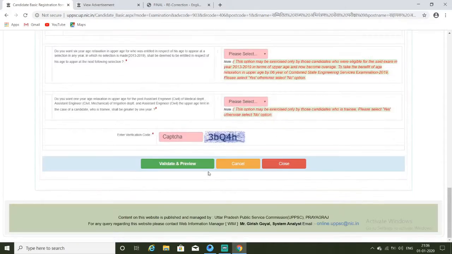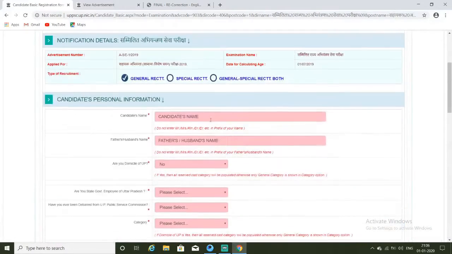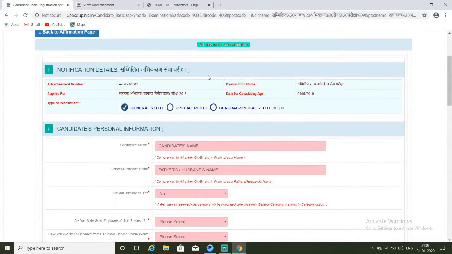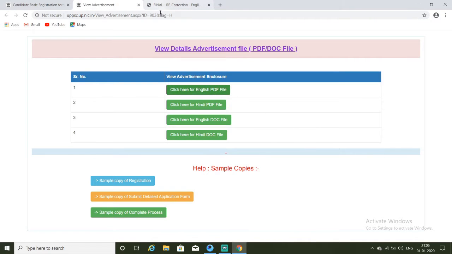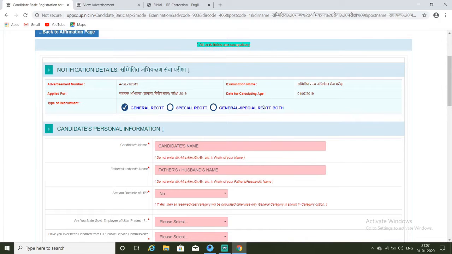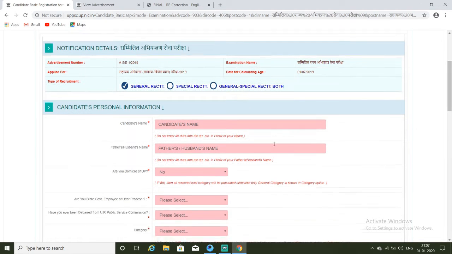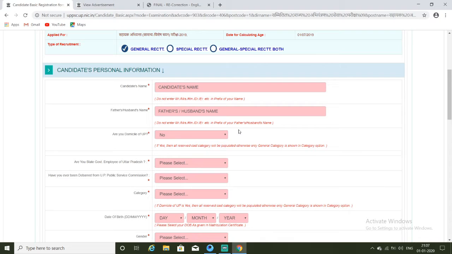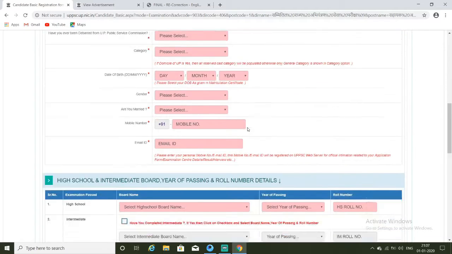After this, there will be some additional things. Then there will be a payment option. You will have to do the payment. Payment will be accordingly as I told in the PDF. And after doing the payment, you will again have to do some extra things like you have to upload photo and signature and some other things also.